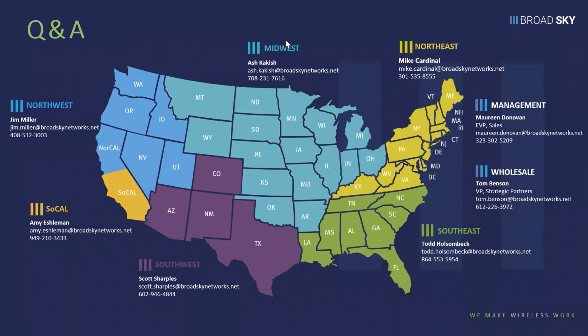Okay, and then John asked, different John, but John asked, can you load balance with a bonded solution? Yes, you can, John. You can set this up percentage-wise where the wireless circuit is up and running, and then you can send as much traffic over that as you'd like. We can help you with that, or any number of SD-WAN boxes will do that as well. So arbitrarily, if you wanted to send 15% of all traffic over the wireless to take the load off the wired circuit, you could do that.